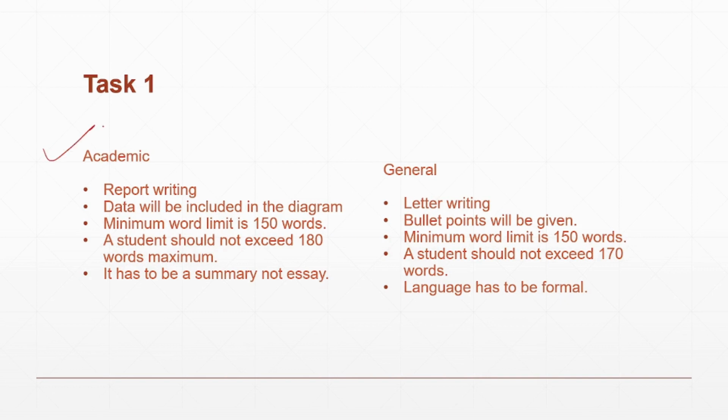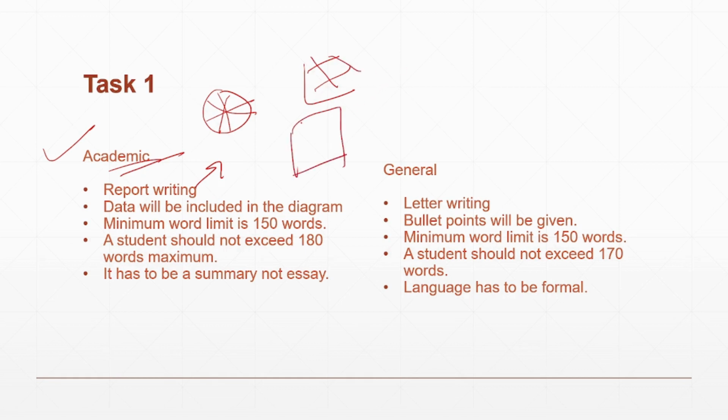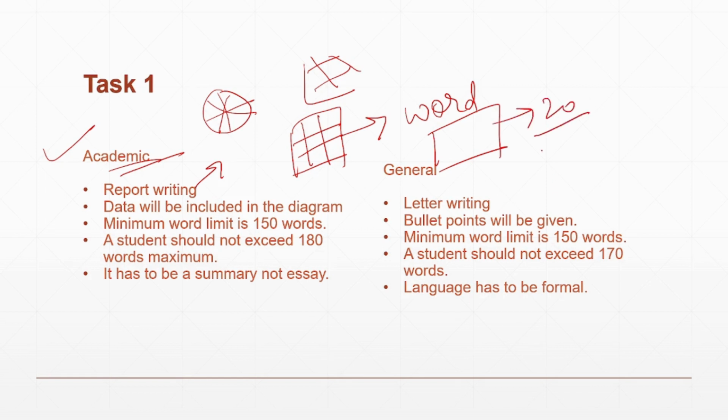Moving on with writing task 1 for academic, it is kind of a report writing. There are different diagrams such as a pie chart, or you can say a line graph. There is a lot of information in that, or you can also have a table in which you have some content which is given. You can also have process diagrams, and you can also have multiple diagrams which are given. You need to include all the data which is given in the diagram in the word format in the paragraph which has to be written, and you have a time limit of approximately 15-20 minutes to complete this